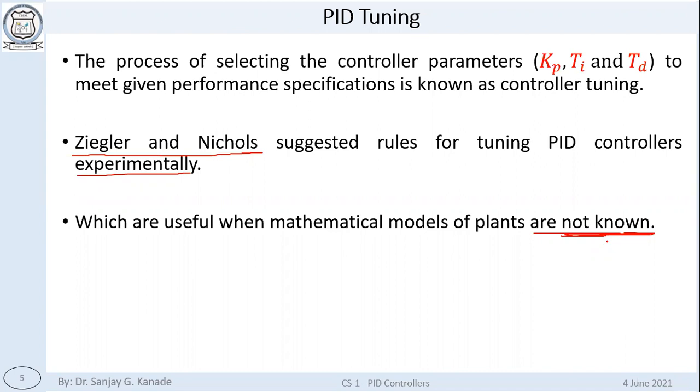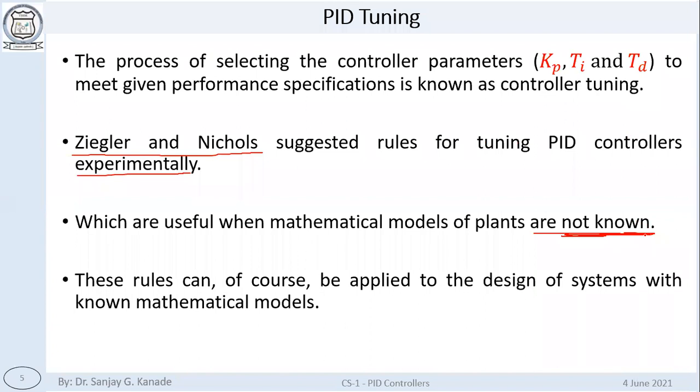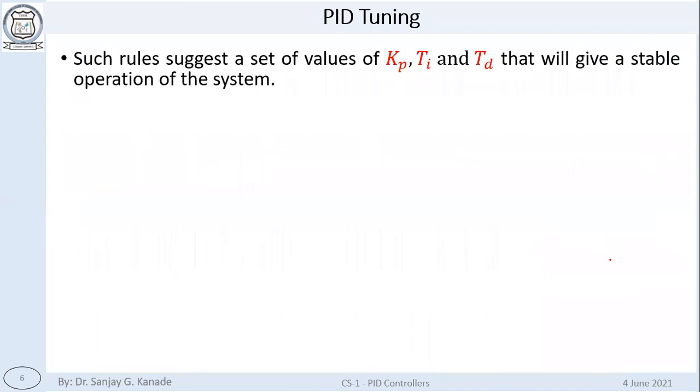Okay, in that case we can use these rules for finding out the parameters. If the mathematical models are known, then obviously we can use that, right? If we can use it without models, then we can obviously use it with models. Okay, so